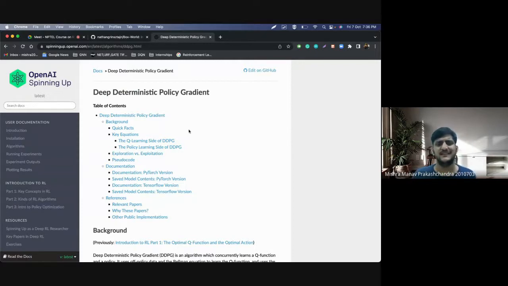Last week I discussed in detail about DQN, right? DQN is a deep learning variant of the normal Q learning method. We saw why deep learning is necessary, and how a Q learning problem can be transformed into a deep Q learning problem. The only caveat there was that in a deep Q learning setup, the action space needs to be discrete, right?